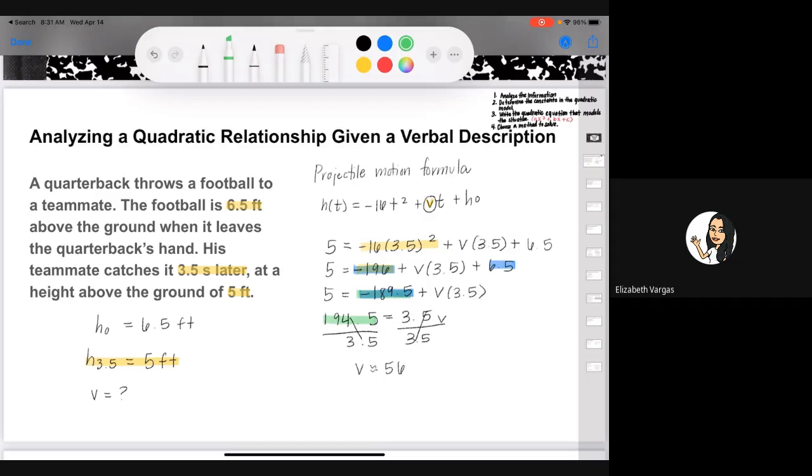So I added it to my 5, which gave me 194.5. And then I solved for my V. So I just divided on both sides and solved for my V. And so now my V is